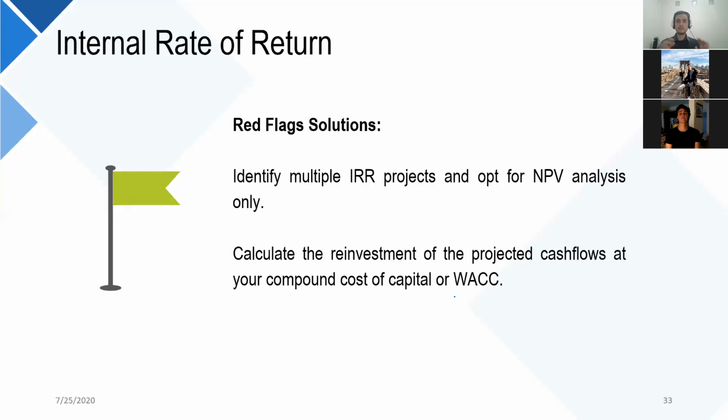We would just go like, listen, man, we cannot use internal rate of return analysis because you have unconventional cash flows, and we cannot use that. We will use net present value analysis, and we will analyze the project using just that one. And the second is when you want to take out the consideration that you are reinvesting at the same rate